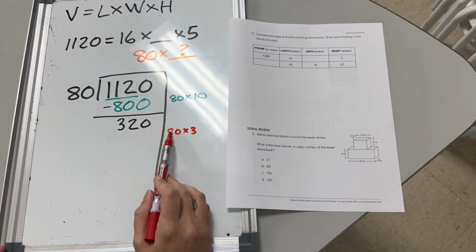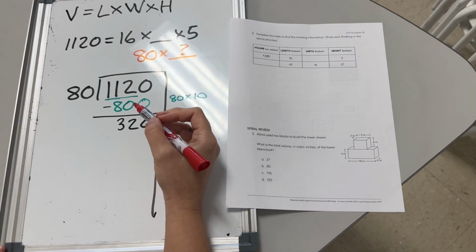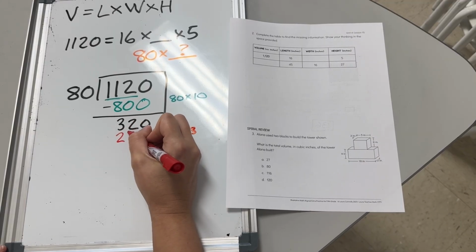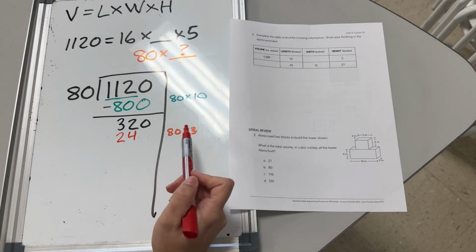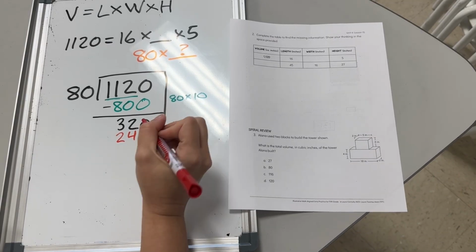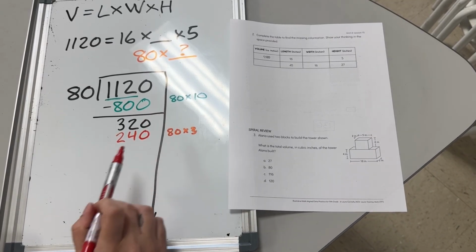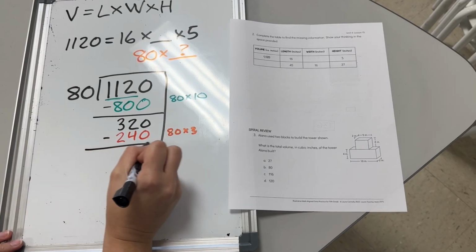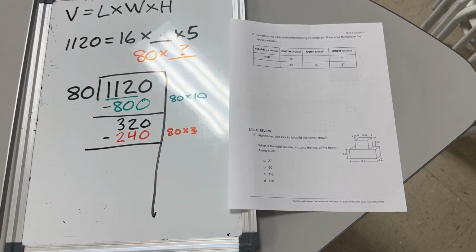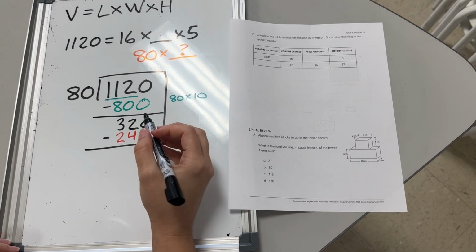I know that 8 times 3 is 24. And then because I have a 0 on 80, I'm going to add a 0 onto the 24. So I end up with 240 to subtract. I'm going to go ahead and subtract that now. 320 minus 40 is going to give me